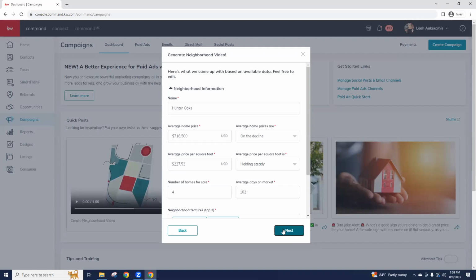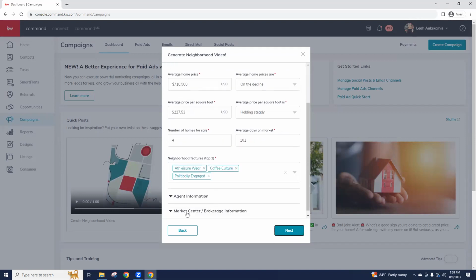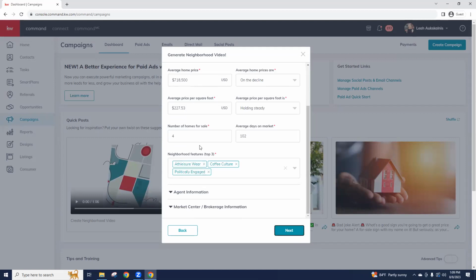So just if one of those looks crazy, that's really all I'm trying to tell you to look for. It's usually, I would say, like 90% of the time correct, but in that 10%, just eye over it, make sure it makes sense for that neighborhood. Okay. And then you can scroll down and it'll show you all the agent information it's going to put